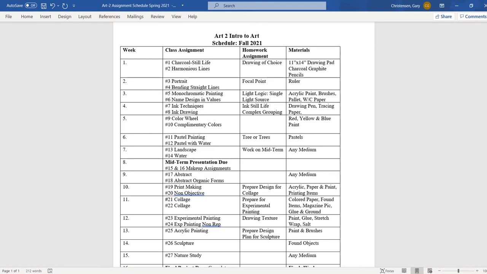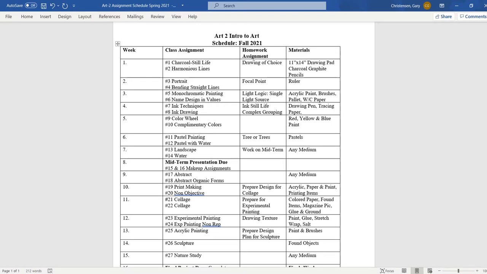As you know, I sent an email out indicating that we will not meet for the first 2 weeks face to face, and we're going to be meeting here online via Canvas and the course for the first 2 weeks. So this is the first session where I'm going to discuss the assignments for this week.